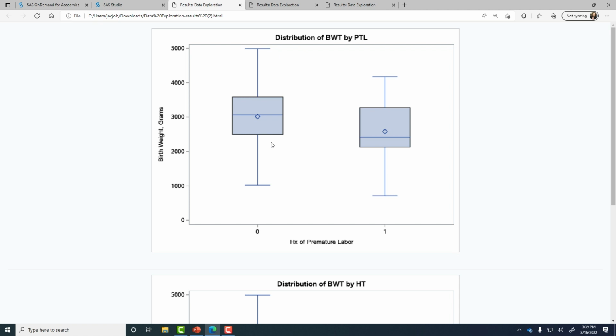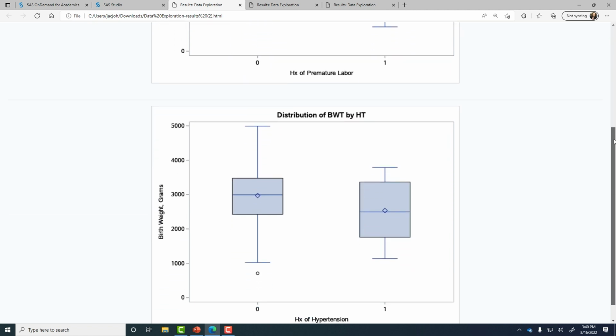And it looks like mothers that did not have a history of premature labor did tend to have heavier babies than mothers who did have a history of premature labor. Like with the previous variable, it's not clear whether this is a statistically significant relationship, but we can evaluate that later in a linear regression task.